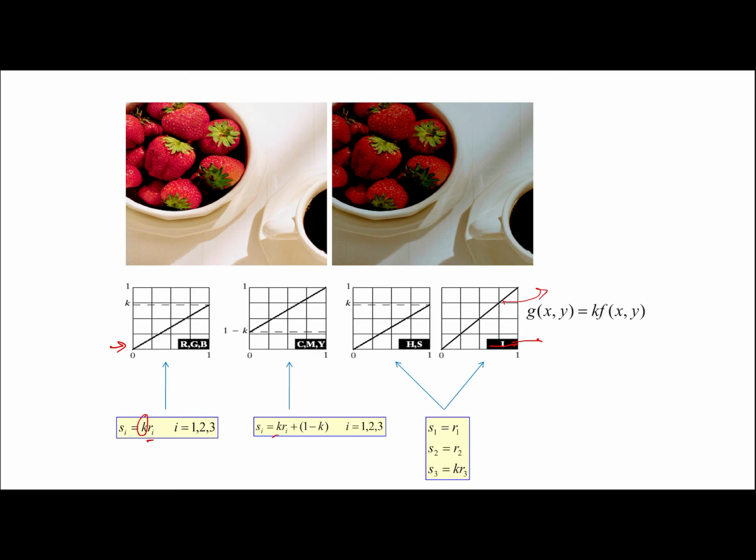So there is some error. It should be that the identity is for the hue and saturation components, so it should be H and S. We are not changing the saturation and hue part, but we are modifying only the I part. So here we have two types of transformation functions.